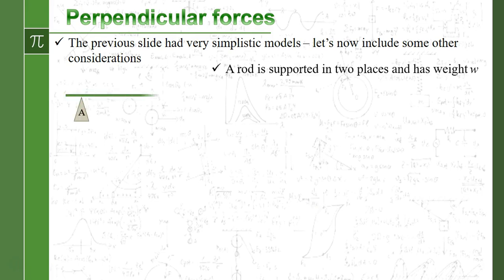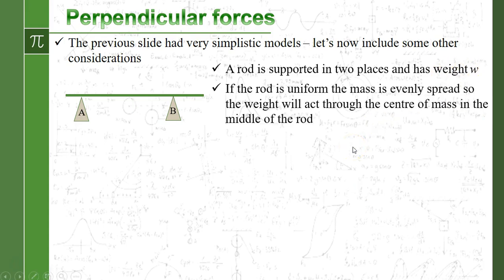So, in the previous slide, I should have mentioned this, the rod was light and uniform, meant it was evenly distributed and it didn't have any mass. What we're going to do now is put it in a situation where the rod has weight W. And if it's uniform, the mass is evenly spread, so the weight is going to act through the centre of mass in the middle of the rod. So I'm confusing my terminology a little bit there. Weight W, so that's going to be